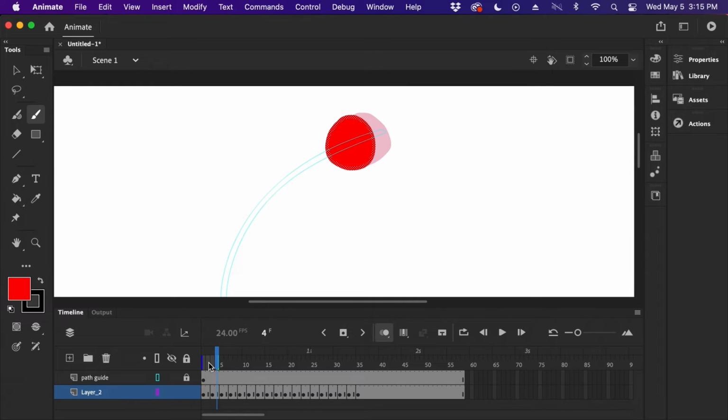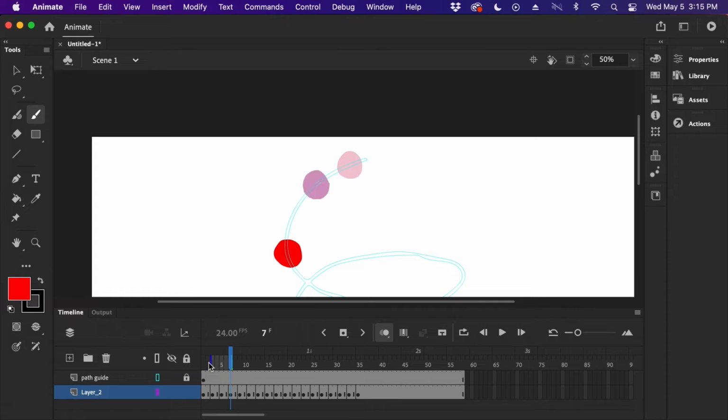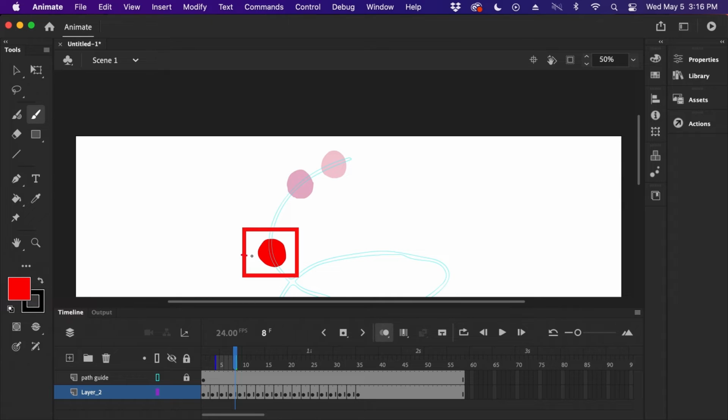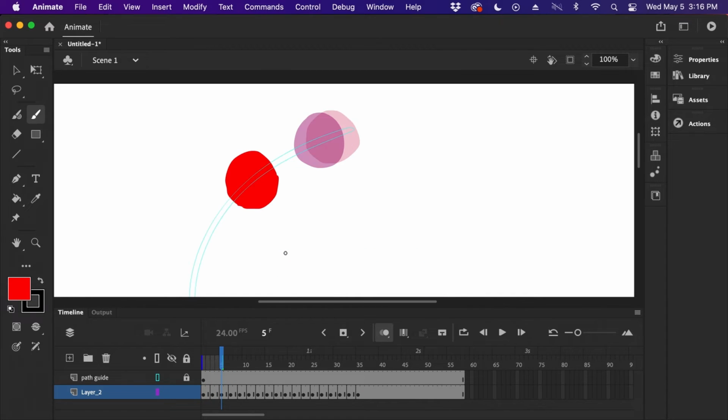For the main trail, what you need to understand is the faster the object is, the faster the movement, the longer the main blob is. The slower it is, the shorter the main blob is. So for example here, this is my current frame, this is my previous frame. So this is the distance, the speed, right? This one is going to have a longer trail than the one before it. So how long should it be? It should be just about the previous position.